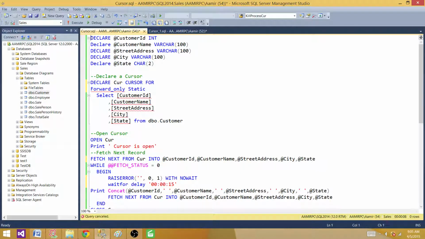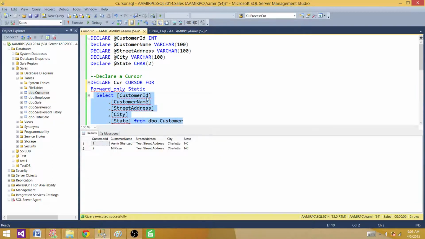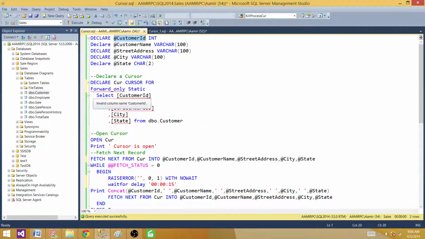Let me go from the top and walk you through this cursor script. I have done that in other videos, and it takes a whole lot of time, but I want to do it in case you are watching only this video. We declared the variables because we want to save the values of the rows we are going to extract from the result set of a cursor. We need to save those values in some variables. So I have declared all those variables here, as my definition returns the customer ID, customer name, street address, city, and state. I declared the same variables so I can save the values and use them for different purposes.